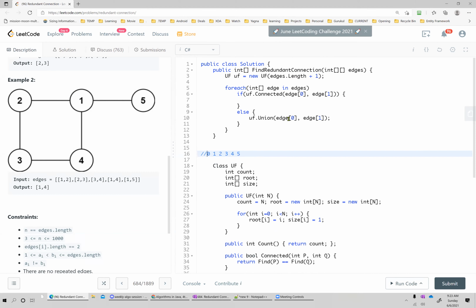Those are all separate components. Is that correct? 0, 1, 2, 3, 4, and 5. They are all separate. Now, let's go through this input one by one.